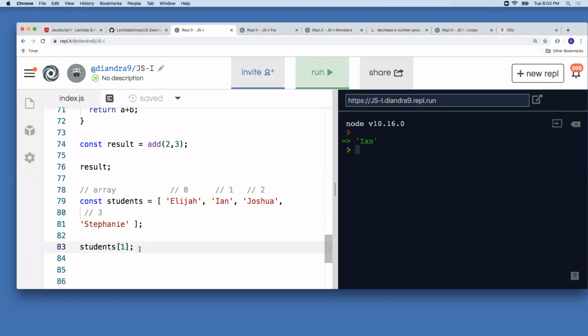Okay, so using this indexing, we can access specific items. We can overwrite them if we want. So let's say that, sorry, Ian, you are getting replaced by Alan. So just like we would assign a variable, we can actually replace any of the specific indexes with something else in that same way. So now if we look inside of students, we see that Ian has been replaced by Alan. This brings up a